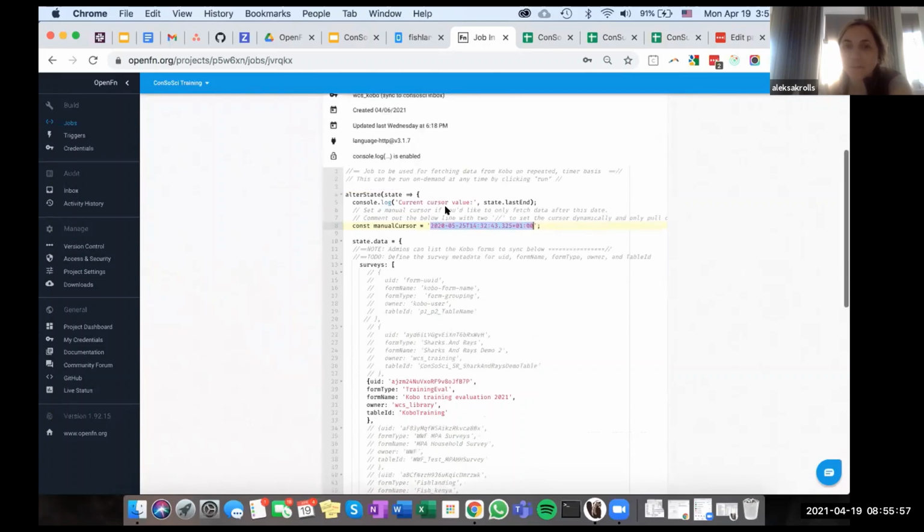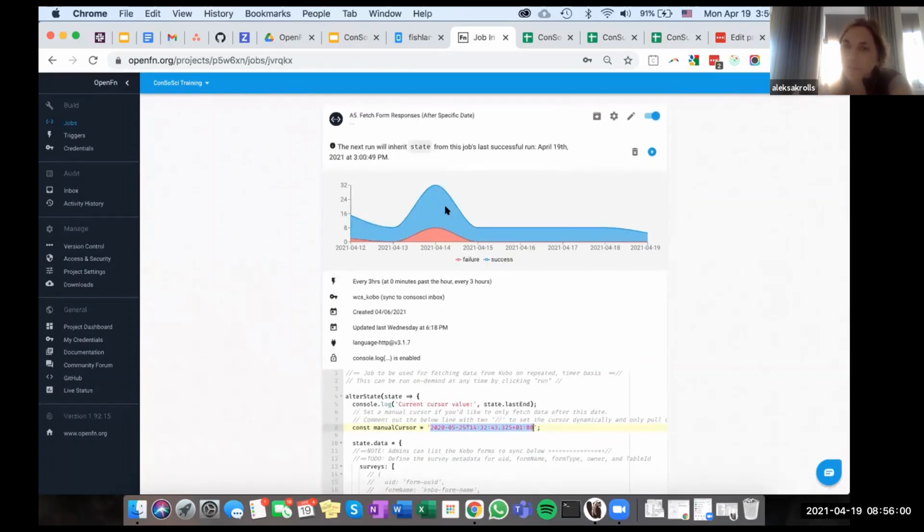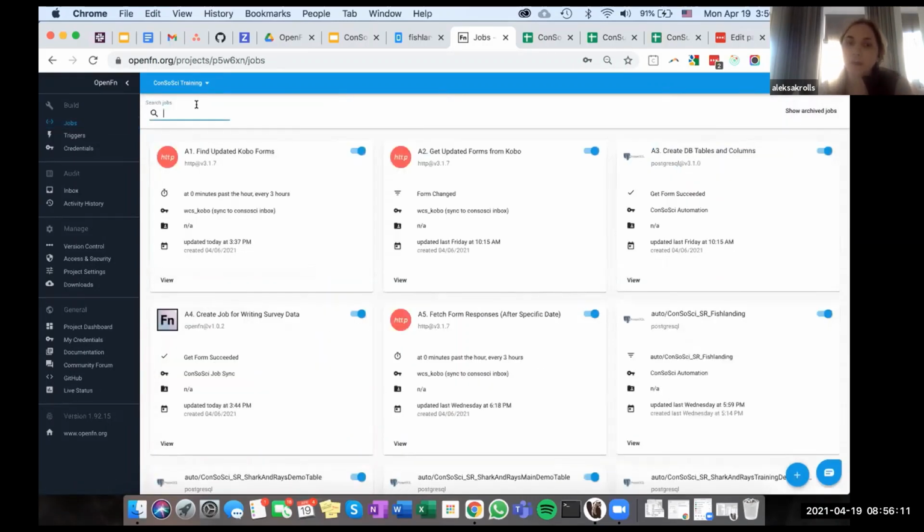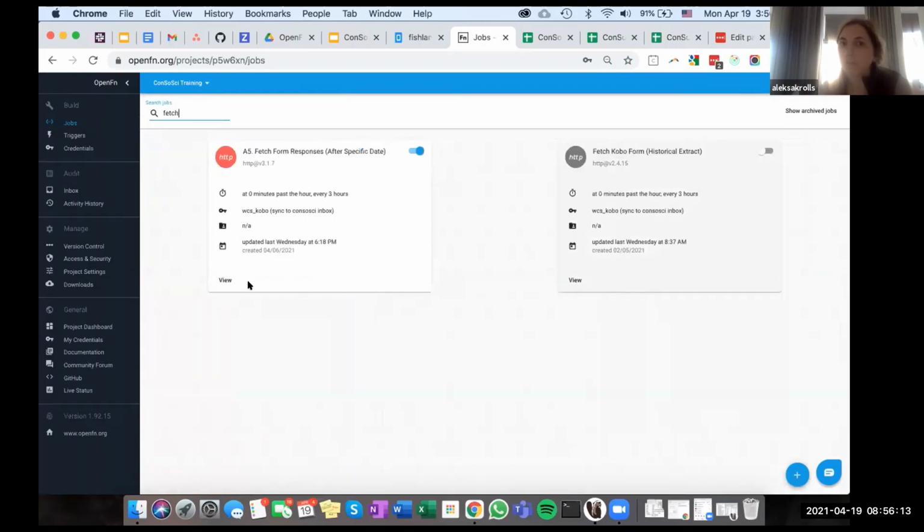Awesome. So we talked about a little bit of the differences between the two. If we're just incrementally fetching, so if you're setting up this solution to run on a regular basis, so if you're expecting to be collecting data from here on out, I recommend considering this incremental job where you're like, okay, from today onwards, I want to be checking for new or updated submissions and just setting up that first one to do that incremental check. And then separately, if you know there's some historical data that I need to pull in, then you can on a more once-off or on-demand basis run this historical extract